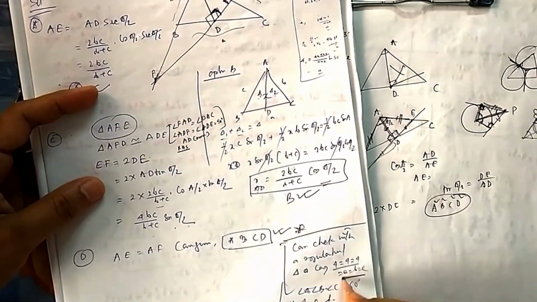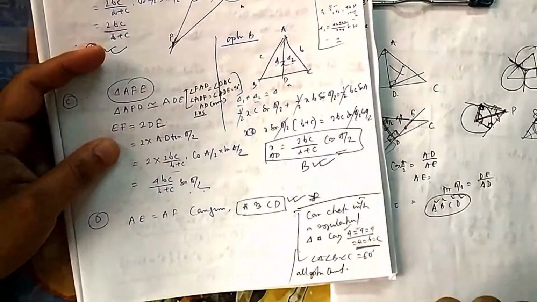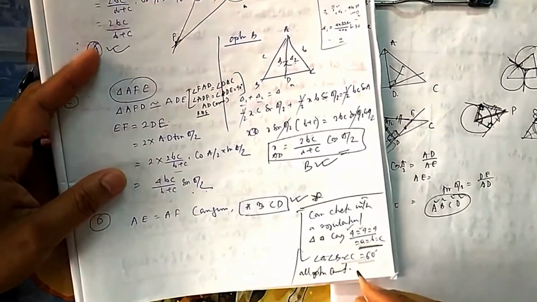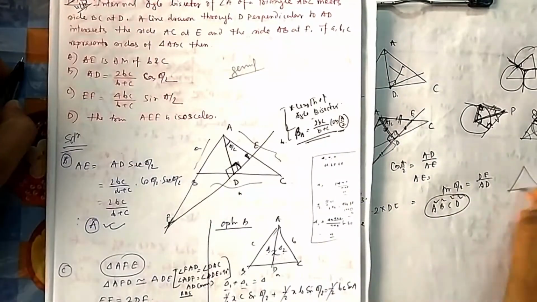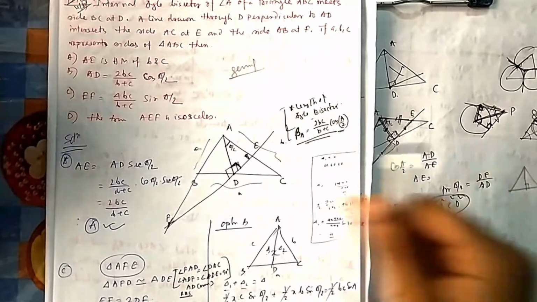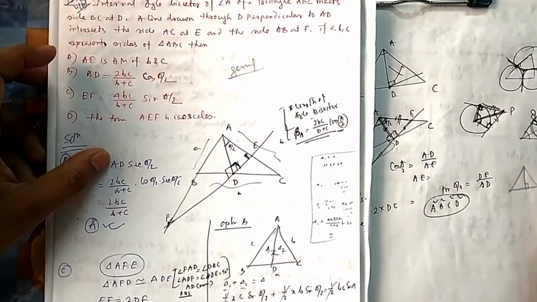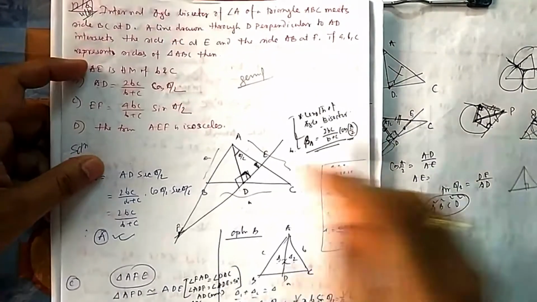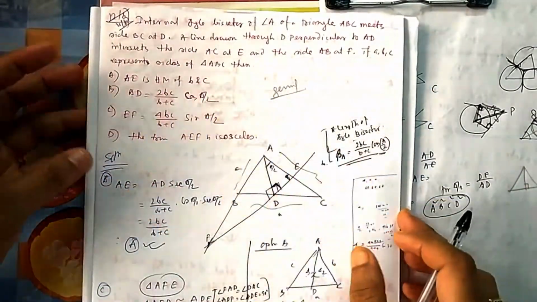You can try with the equilateral triangle, side a, a, a. Suppose any side you take 4, 4, 4, 5, 5, 5, 6, 6, 6, and angle you take 60. Then you try which one is satisfied. Because in an equilateral triangle, the angle bisector will be the midpoint. If you take equilateral triangle 4, 4, 4, then this will be equal to 2. So you can easily calculate the length of this one. And all angles you know, 60. So you can prove left hand side equal to right hand side.